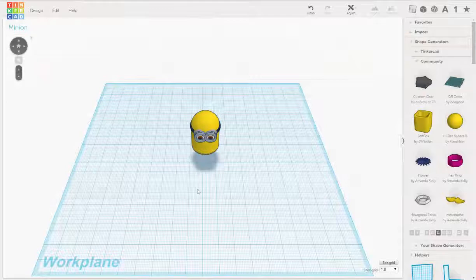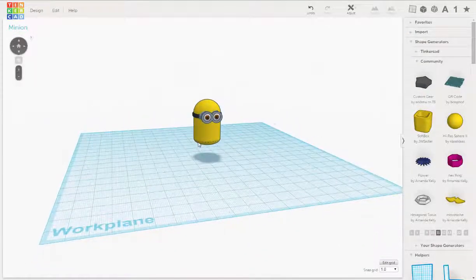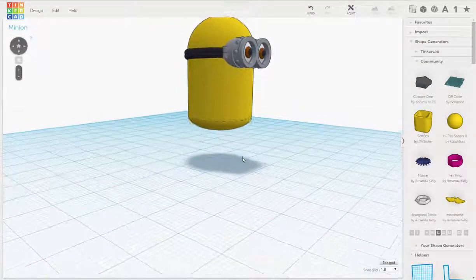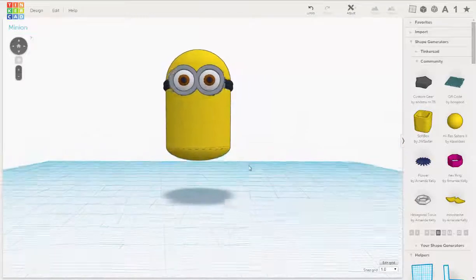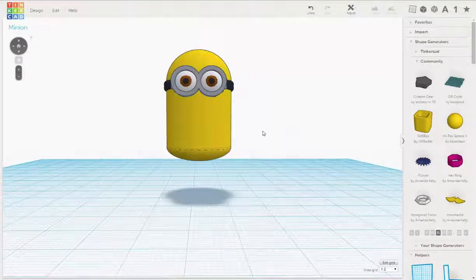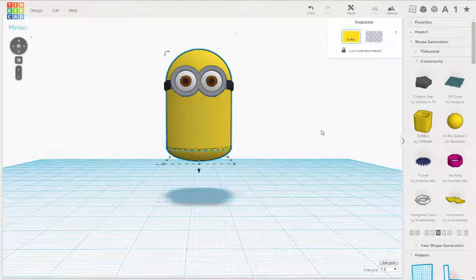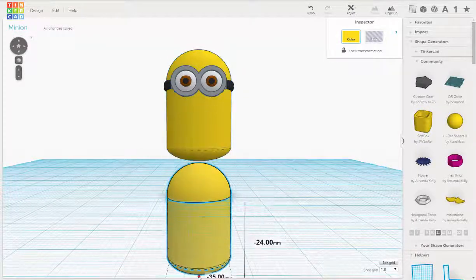Okay, let's put some pants on this guy. Must be a little drafty for him. So what we're gonna do is we will make a copy of his body. So I'm gonna go to Edit and Duplicate, and we'll just move this down. And then we're going to ungroup this duplicate,